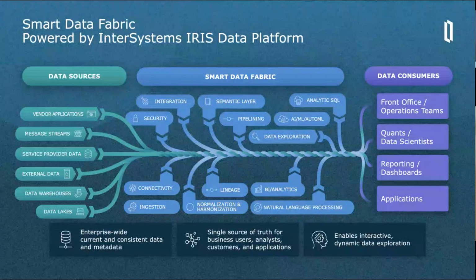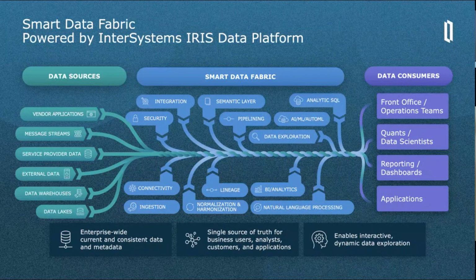So essentially, this idea of a smart data fabric is almost like a connective tissue which sits within your organization, which basically creates an enterprise view of your data, a consistent view along with the metadata. And the way it works, and how it differs from the traditional way of doing data management, is that the traditional way of data management was always based on ETL processes. You extract, transform, and load into a data warehouse, and you put a BI tool on top of it. Whereas the whole idea of data fabric is it needs to work in a hybrid mode. And when I say hybrid mode, I mean connect and collect.